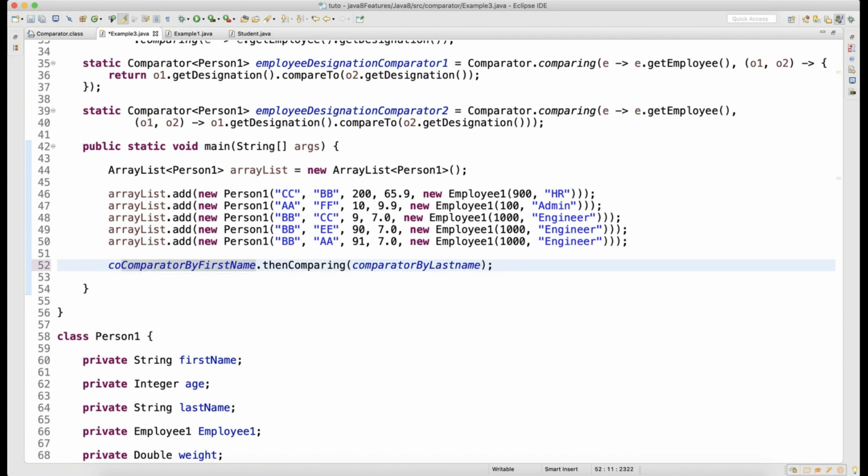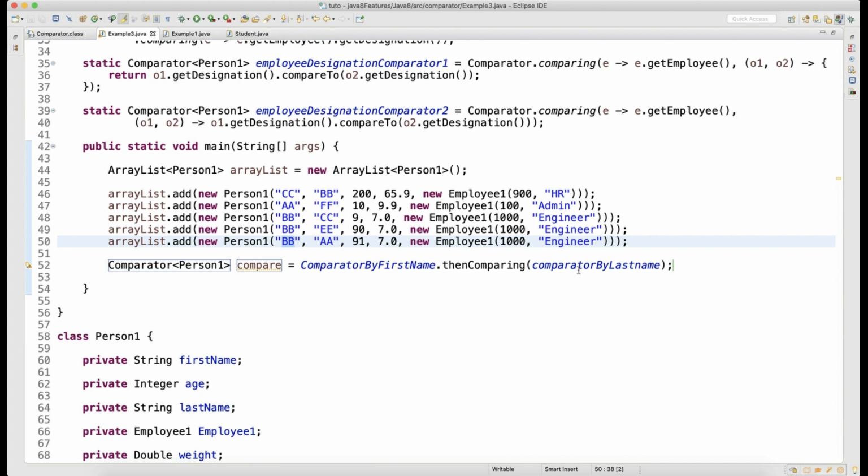Store this comparator into one variable, and the type is going to be Comparator of Person1, because this is the object. Here, first it will do a sorting based on the first name. When it sorts on the first name, you can see these BBB entries are duplicates, so they will get printed as is.